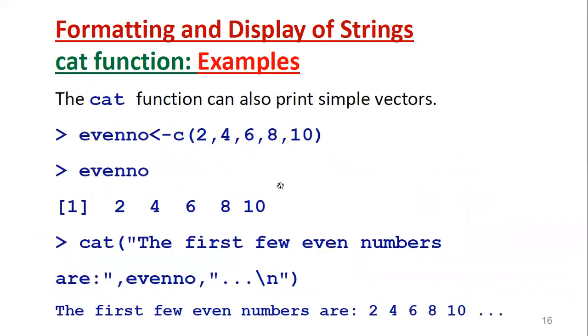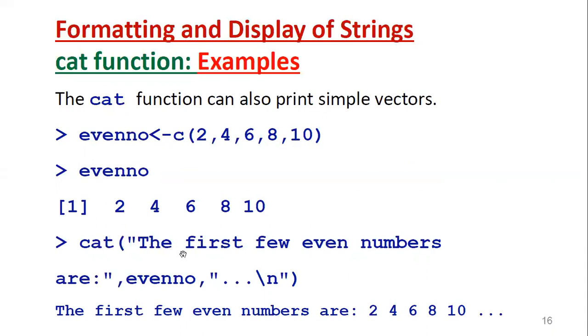Then we can also print simple vectors. Another example, for example, you are storing even numbers in the vector even number. Then by using the cat function, you can call that even number vector. Before that, you can include a comment or prefix sentence.